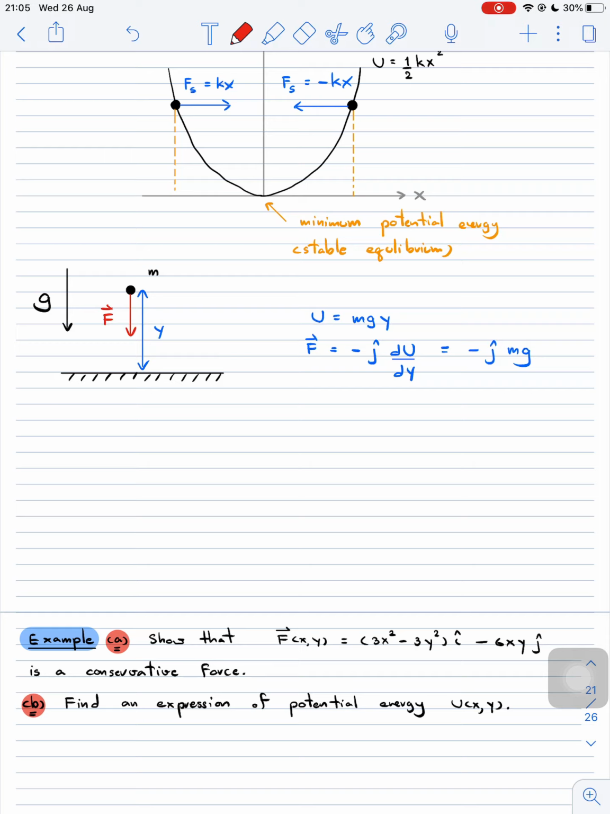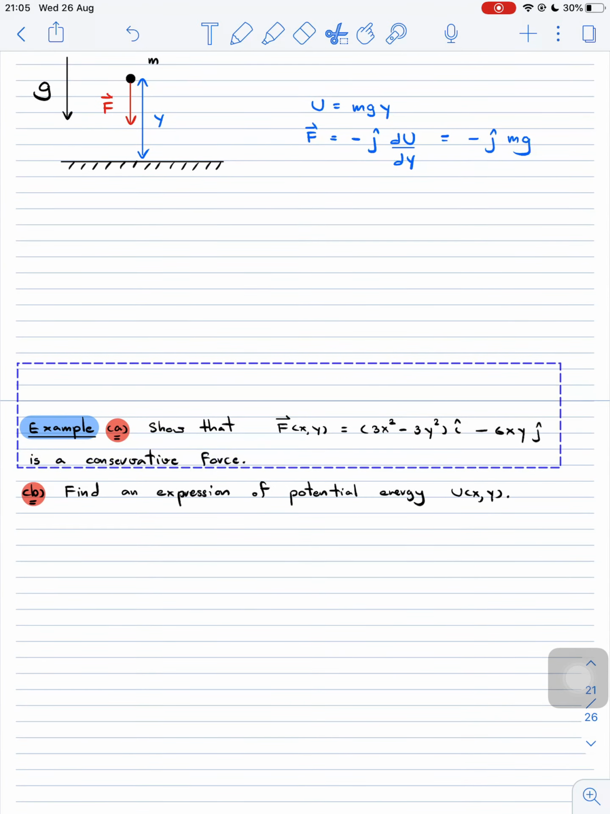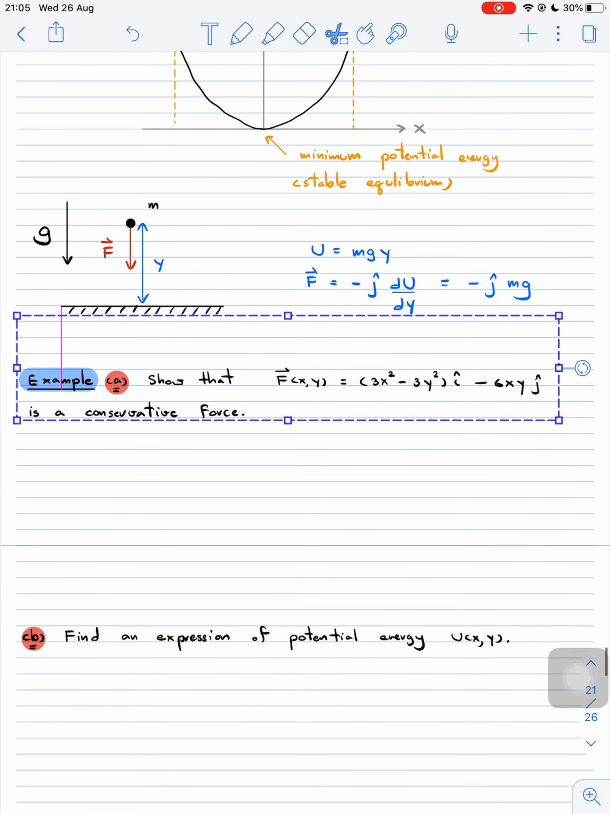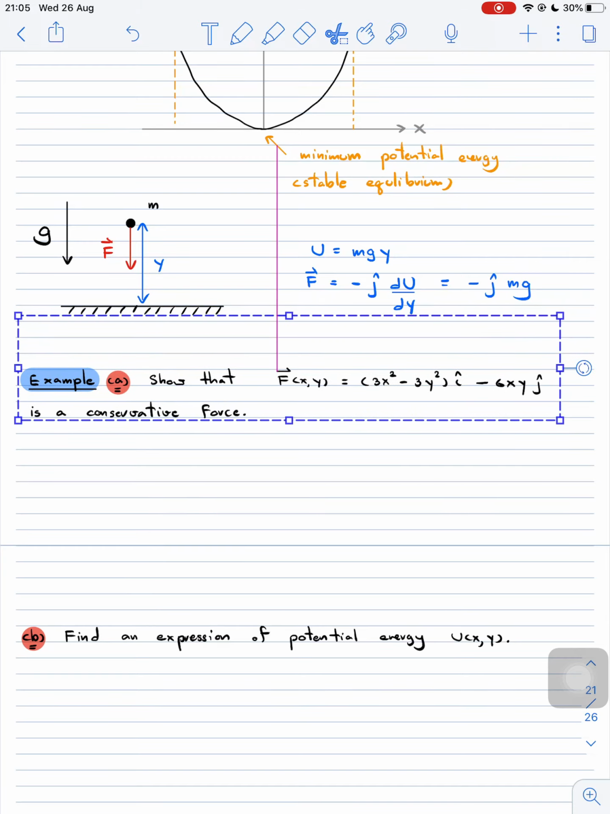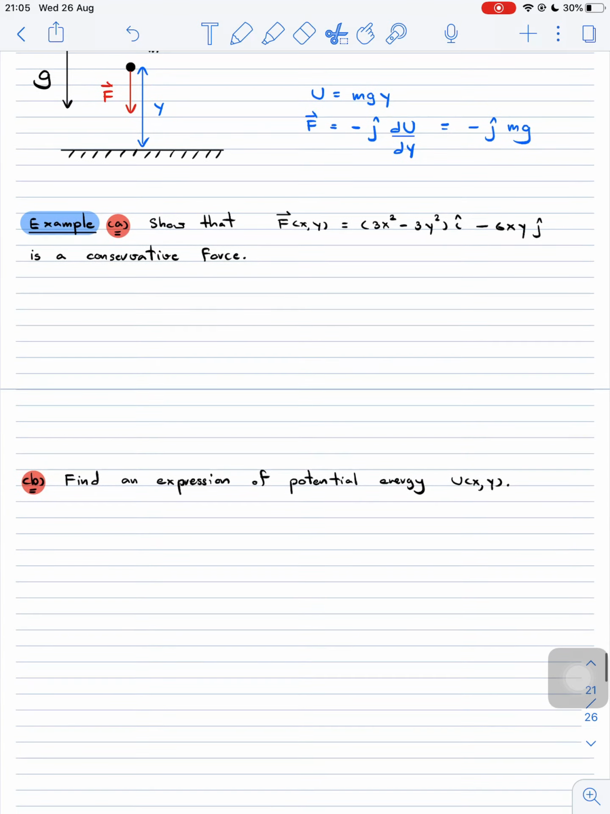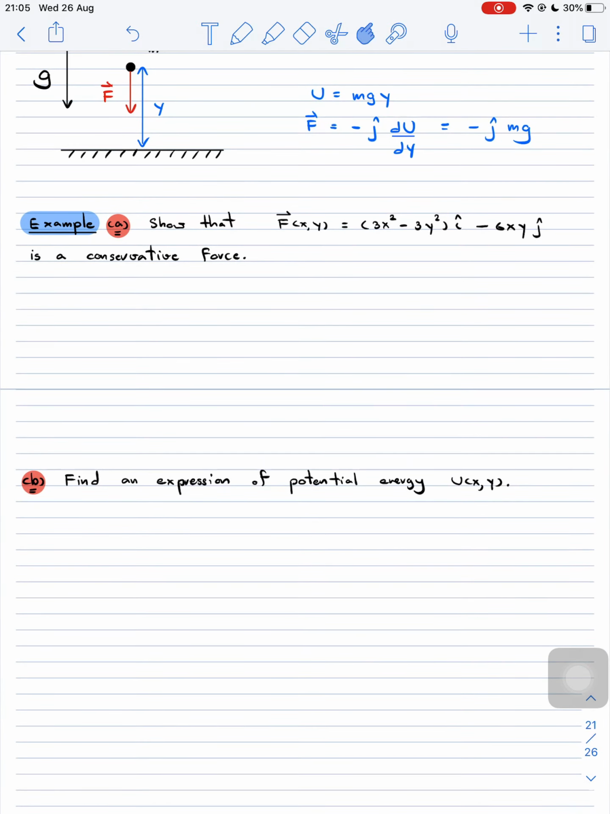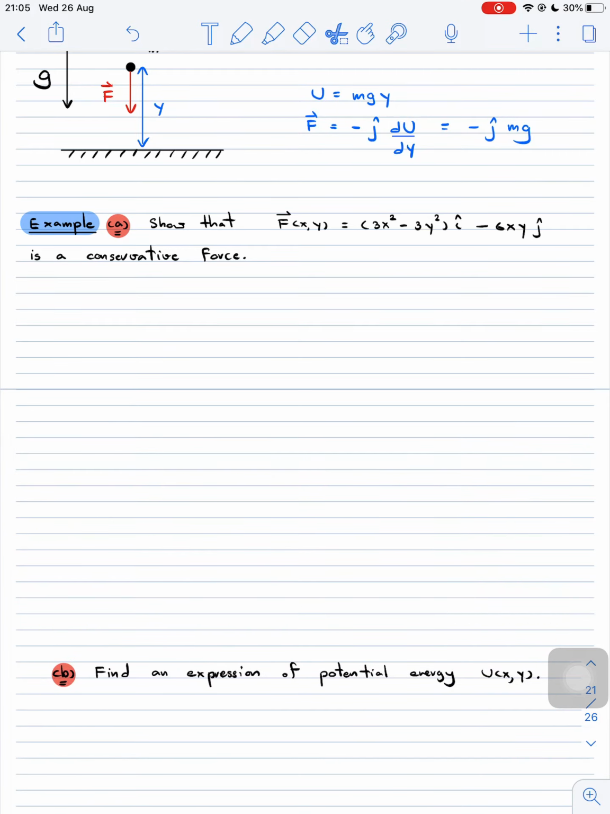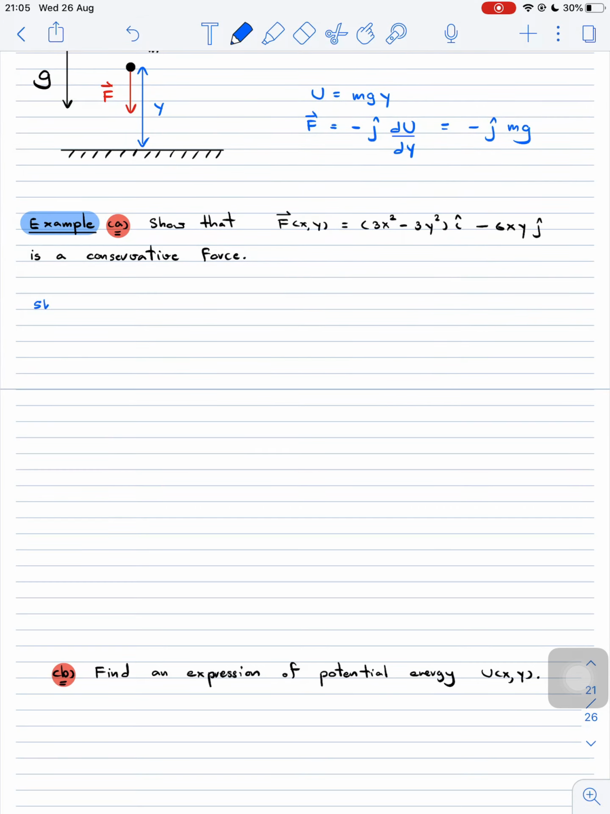Okay, now let's look at examples. Let's consider this example. For part A, show that the F(x,y) equal to this expression here is a conservative force. So how should we do it? How can we show that this is a conservative force? Okay, we need to show that,